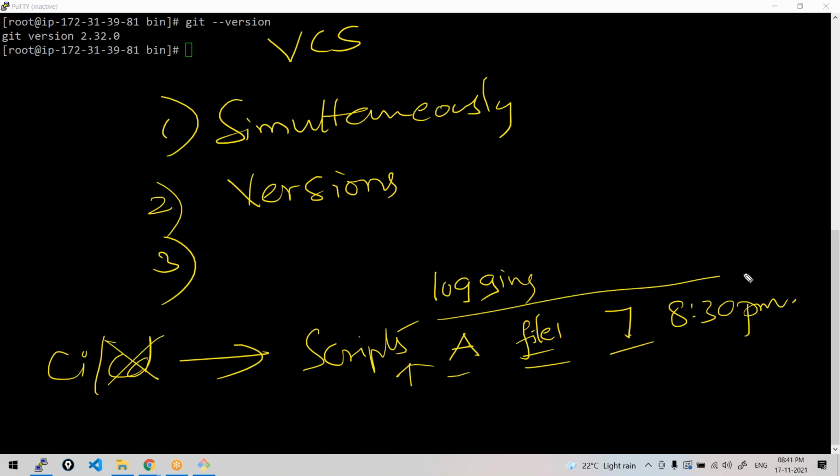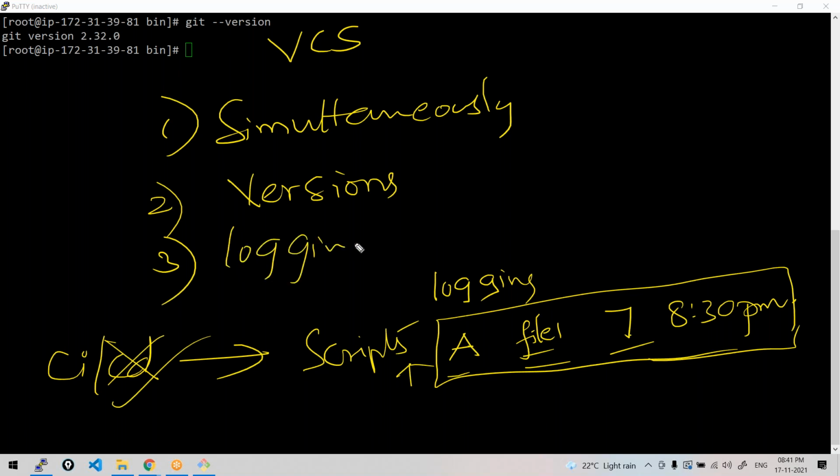If I have this kind of detailed logging, we can revert those changes, isn't it? We can just go back, remove these changes so that the pipeline can continue working, right? So a system which can provide detailed logging with a complete history of what changes were made by which person and all the details. Can you do this manually? Obviously no. All of this is taken care of by a version control system.